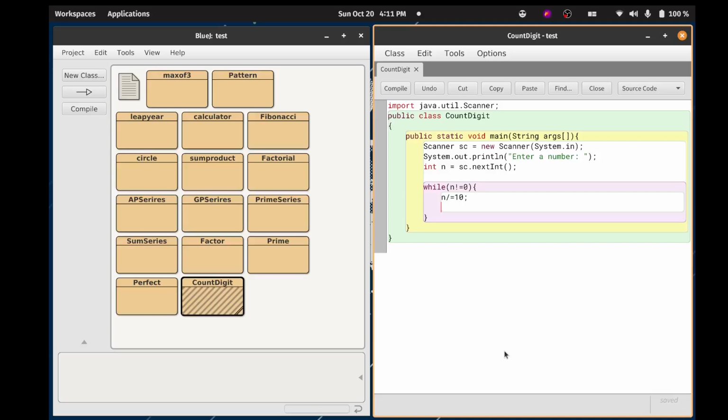Every time it will divide by 10, and oh sorry, I forgot to declare the count variable. Say int count equals to 0 initially, right? So I'll say count plus plus every time, and finally I'm going to say, how many digits, right? So System.out.println, I'll just print the value count, digits,